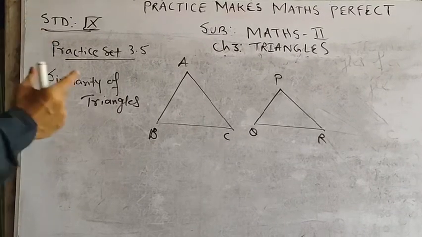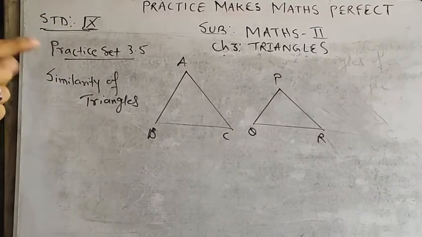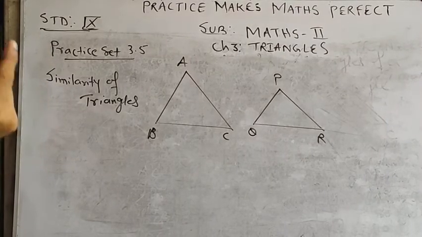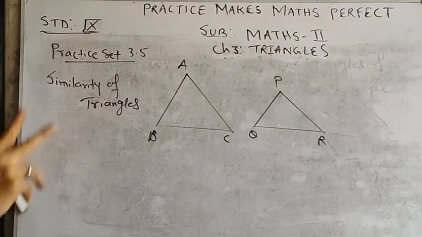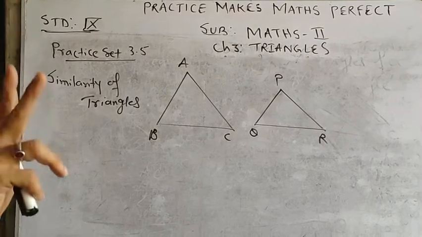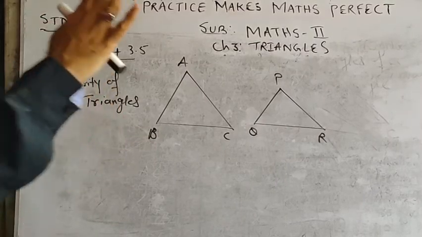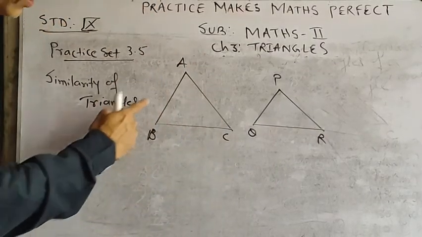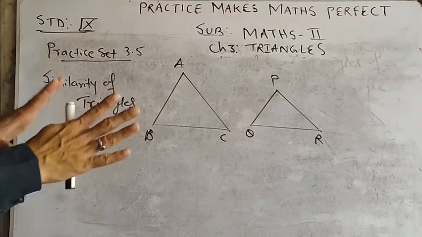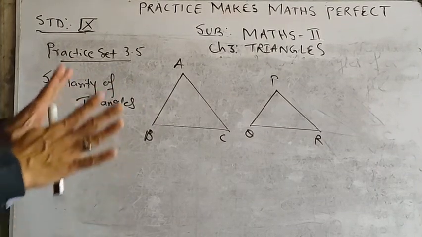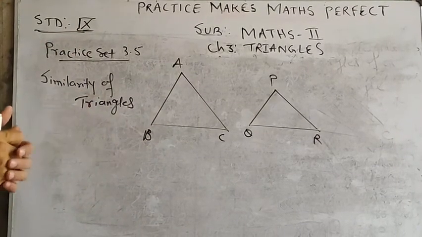My dear students, from the word itself, similarity, you come to know another word, that is similar. Now when two geometrical figures look similar, they come under similarity. Especially we are talking about triangles. Here you can see one big triangle ABC and one small triangle PQR, but both the triangles are looking alike, they are looking the same, so these triangles will come in similarity.